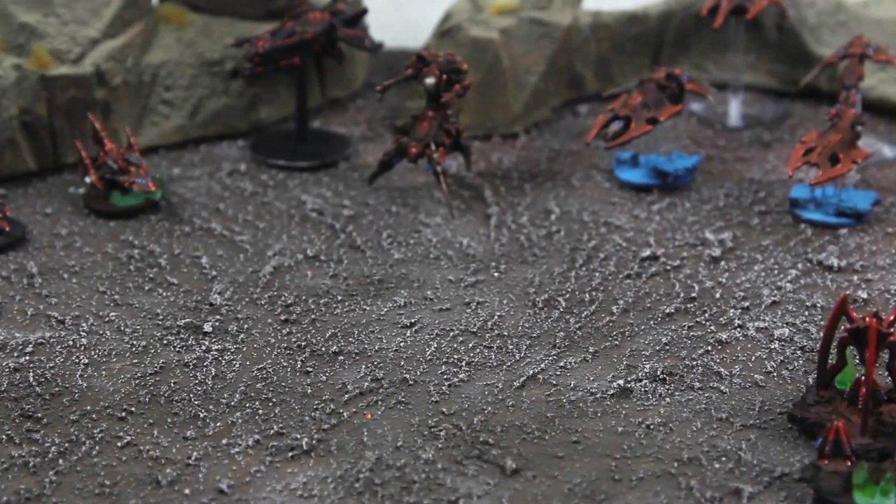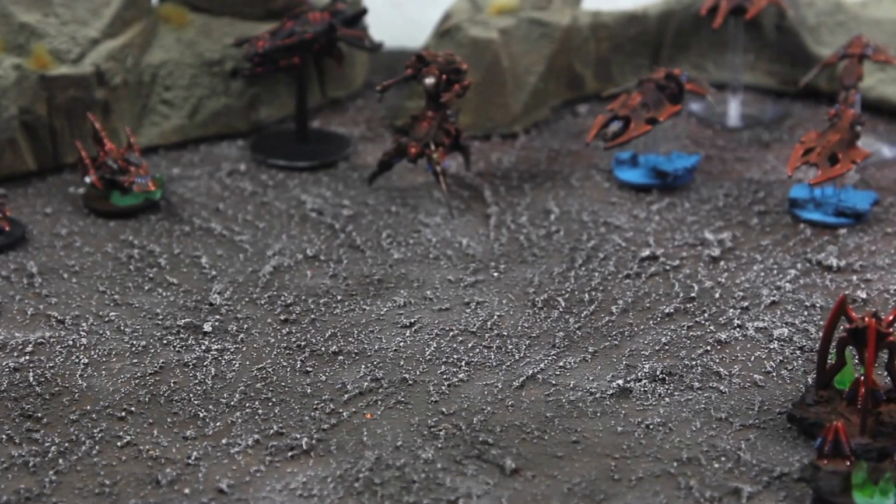Hey guys, today I would like to show you how I created my Dark Eldar war engines for my Epic 40k Dark Eldar army. I will show you which parts I used, where I got them from, and will generally explain some background about more general ways of creating scratch build